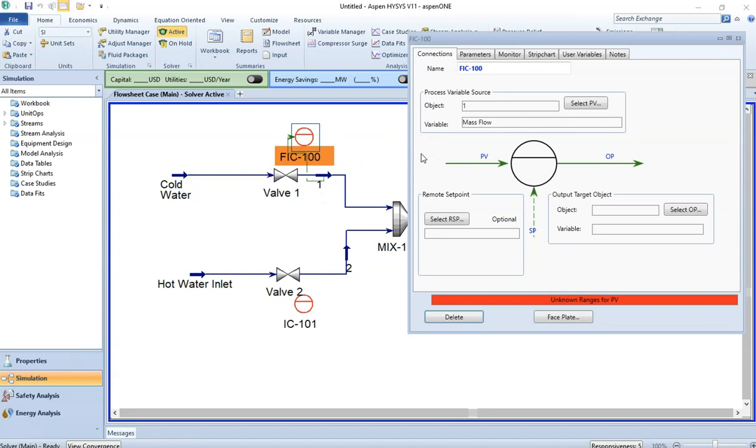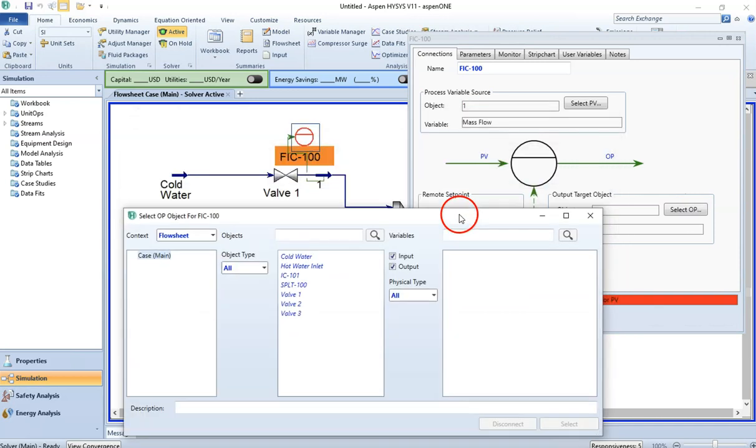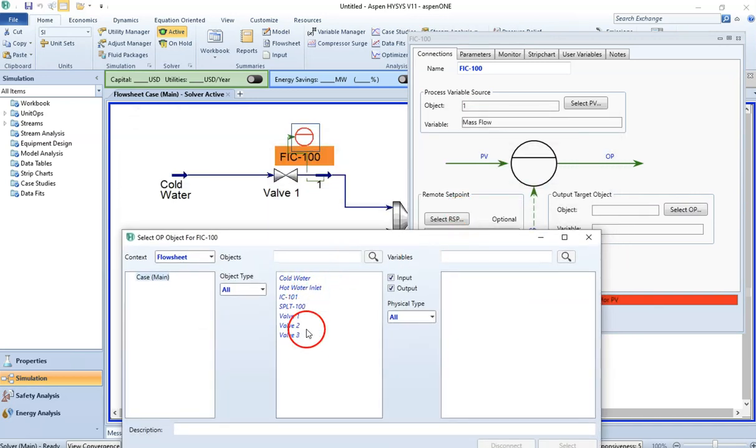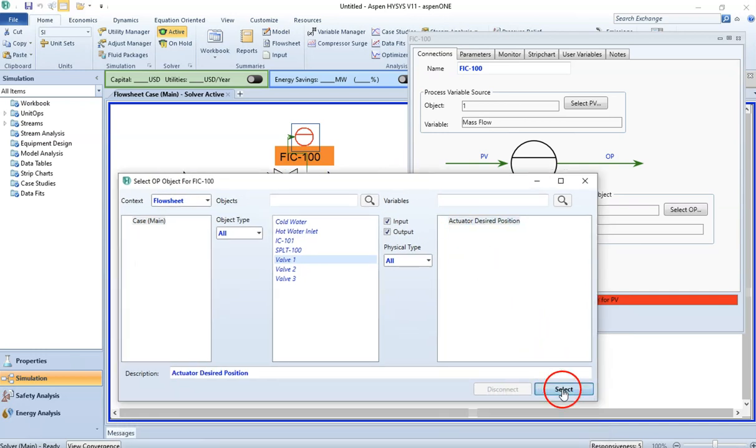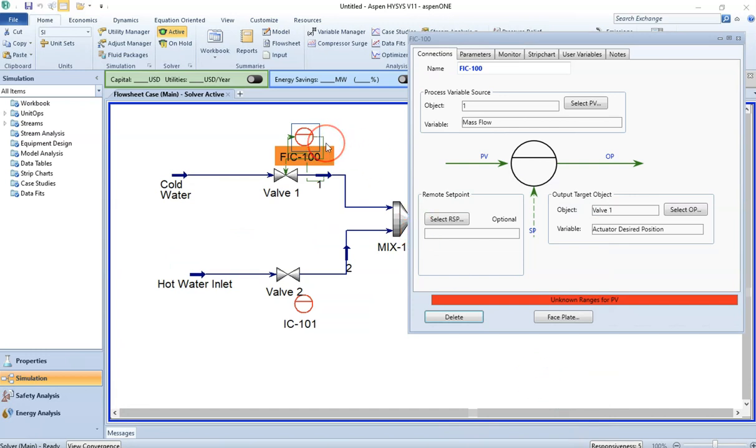Now how are we going to make an adjustment in the mass flow of stream number 1? That is by manipulating valve number 1 here. So that is what your output object is. Click on select output object, and these are all the output objects in our simulation so far. My concern is valve number 1 here. Click on valve number 1, click on actuator desired position and hit select here. As you can see, Hysys has developed a link between the controller and valve number 1